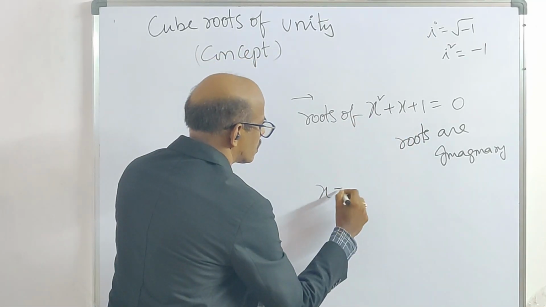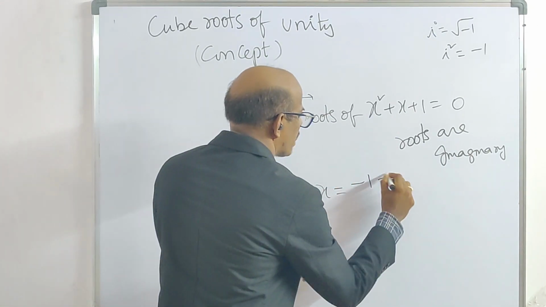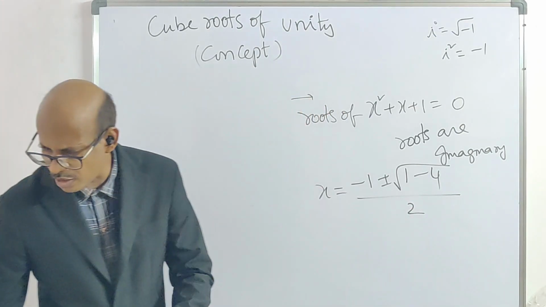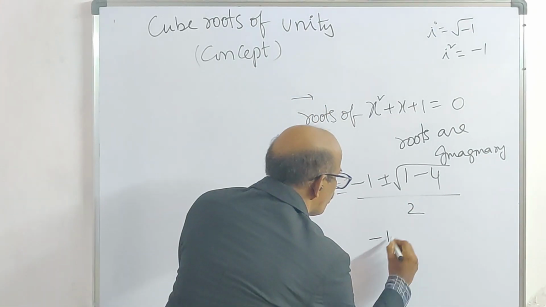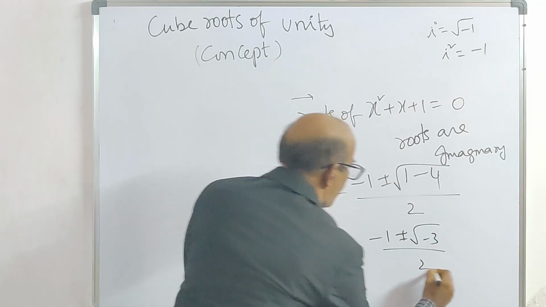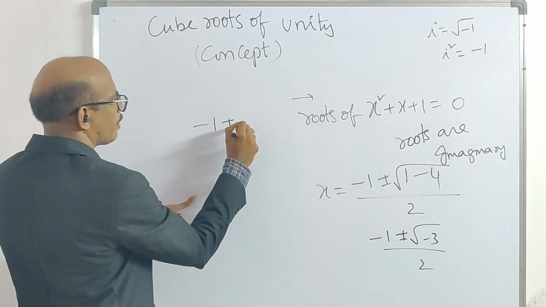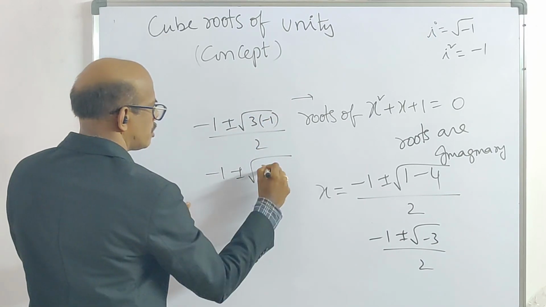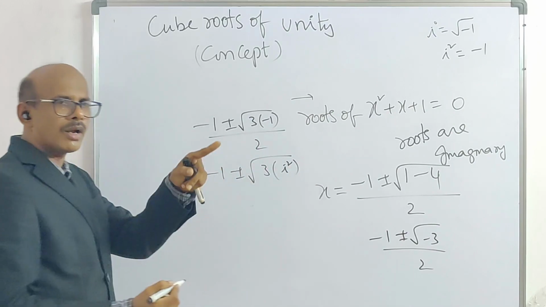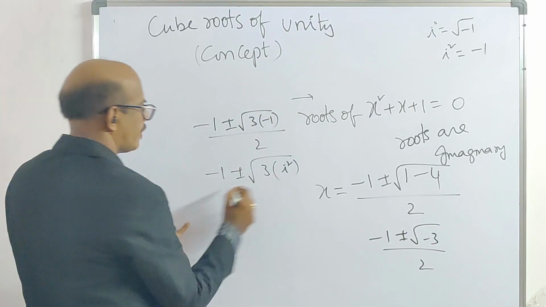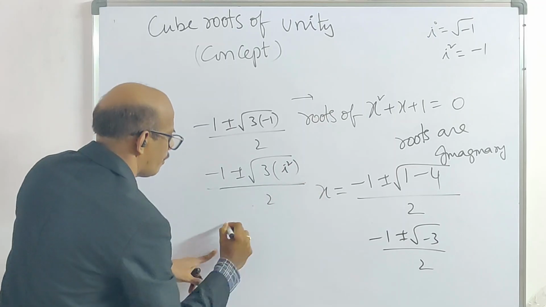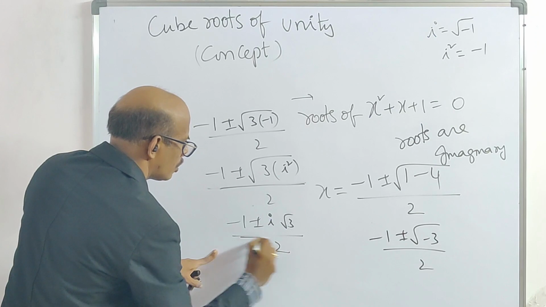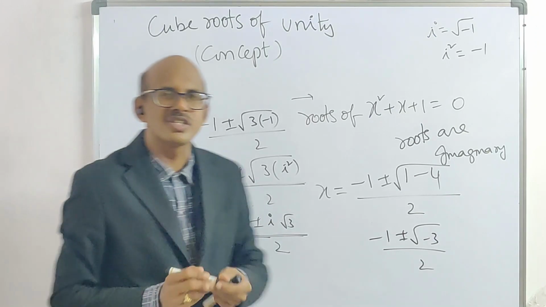So here x equals minus b plus or minus root of b square minus 4ac by 2a, the general formula. So minus 1 plus or minus root of minus 3 by 2. Right, concentrate. Minus 1 plus or minus root of 3 into minus 1. Here it will be a very simple discussion. I is root minus 1, I square is minus 1. So minus 1 plus or minus I root 3 by 2. So here the roots of